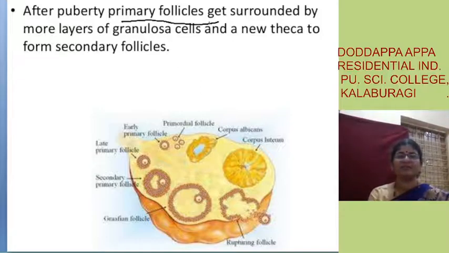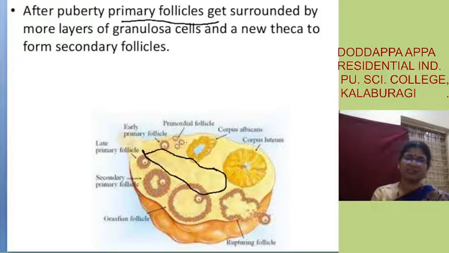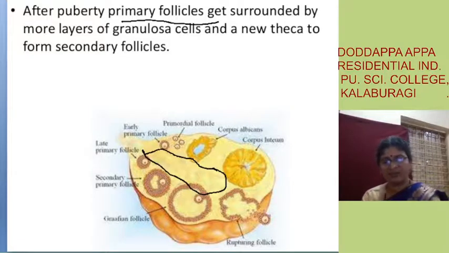You will see different forms of follicles in the cortical region. Here you can see the primary follicle, and this primary follicle will grow into a secondary follicle. Tertiary follicle, in some books it is given, in some books it is given directly as the Graafian follicle. This middle portion is called the medulla, and this peripheral portion is called the cortex. So in the cortical region, you will see the different stages of follicles. No need for me to say in detail.